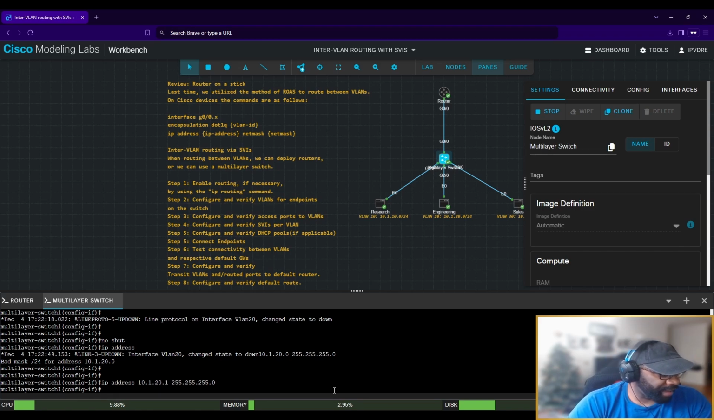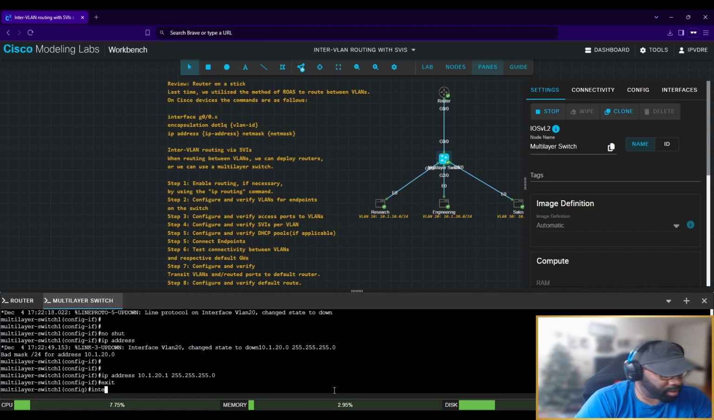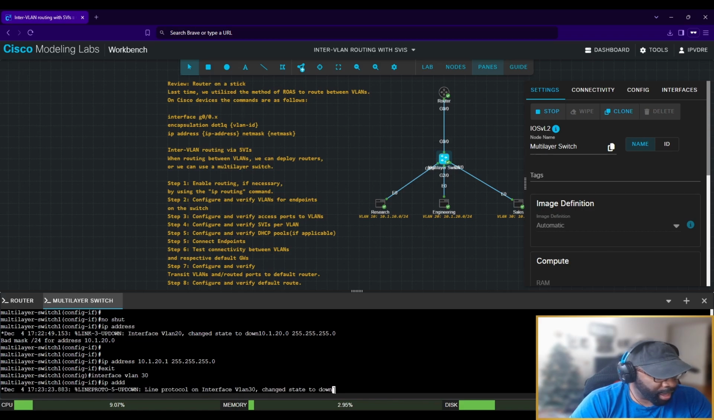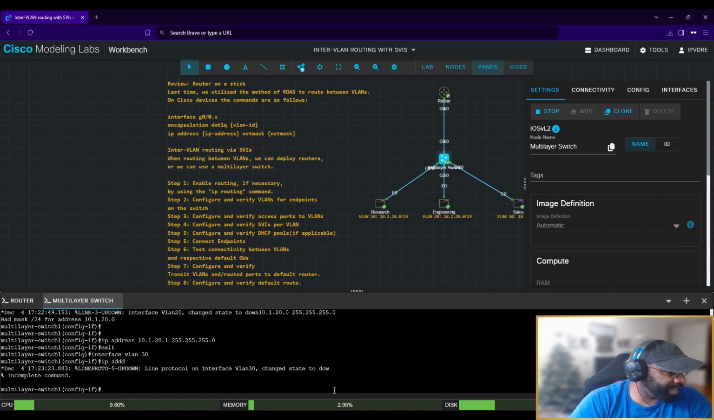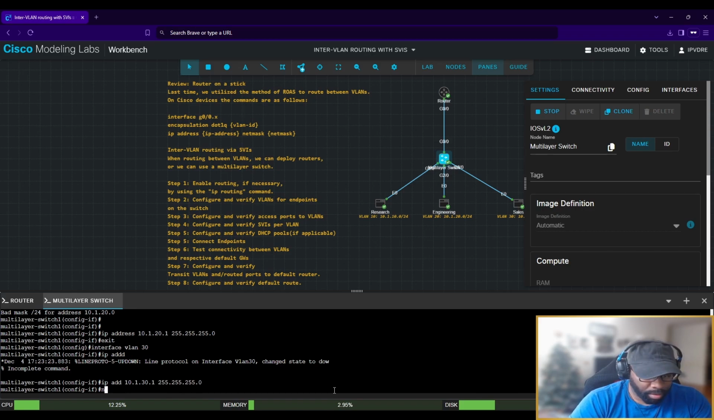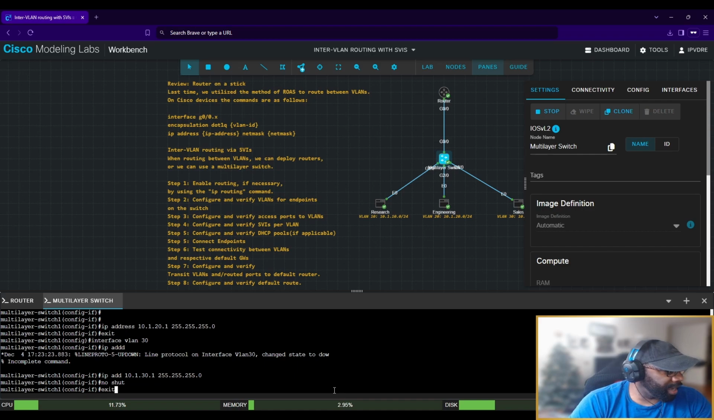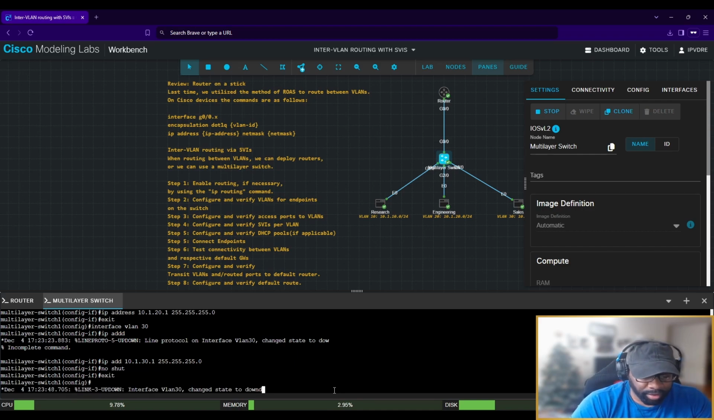So we have that IP address. I like to exit out. Interface VLAN 30 IP add, and it's doing that because I should have configured logging synchronous to stop that from happening, but I'm being lazy right now. IP add 10.1.30.1 255.255.255.0. We already no shut it, right? I think so. I'm not sure. So we're gonna exit out, and then we're gonna verify. Do show IP in brief,